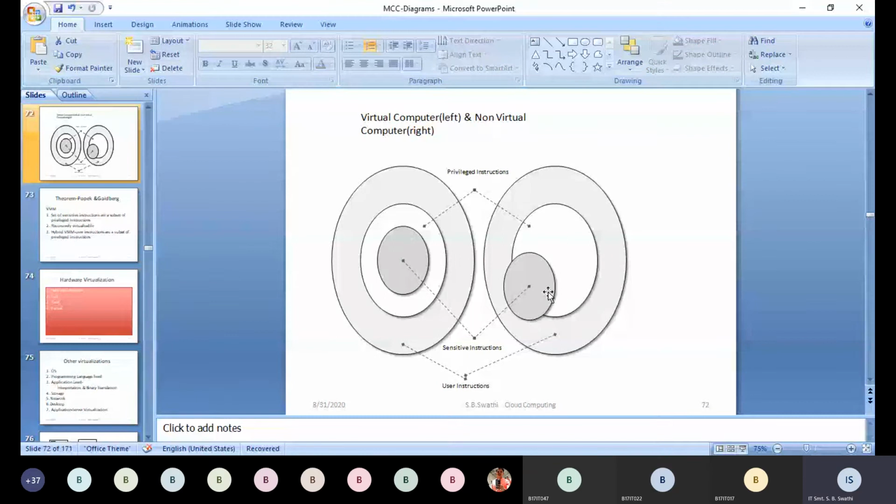Why does this problem occur? If the VMM is not built correctly with the proper rules, with proper limitations, then this problem will occur. Even the general instructions or simple programs which the user wants to execute may not generate the correct output because of the intervention of this VMM. It will abstract the general user programs also. So this is how we need to take care of the architecture. Is this clear,